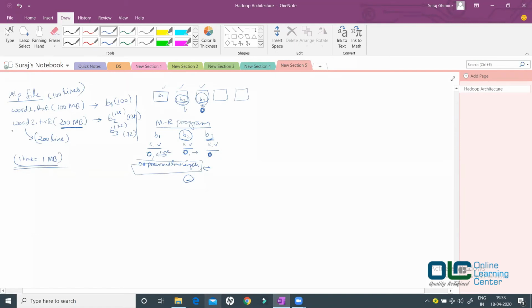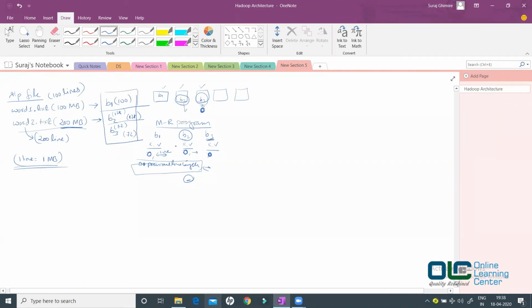See, at a file level it's okay, but when we are processing the data, we think about the data at a block level. I really don't care what I have in B2 or what I have in B3. I really don't care if B1 plus B2 plus B3 are the same file or not. All I know is I have a block, I should process it in parallel. So this is how the data would be present, B1, B2, B3, and we start processing this data in parallel, right? So the data would be processed in parallel and your key and value pair would be emitted as usual.